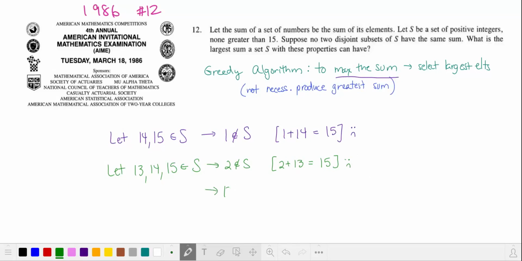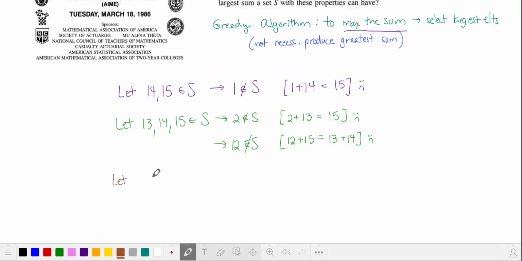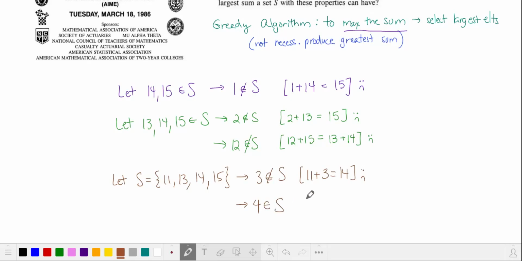We also cannot have 12 in our set S because one subset can contain 12 and 15 and the other subset can contain 13 and 14 with the same sum. Let's add 11 to our set S. So this is what we have so far. This means 3 cannot be in S because we can produce two disjoint subsets, one that has 11 and 3 and the other one that has 14. We also cannot have 4 in S because we can produce subsets with 4 and 11, which sum to 15,